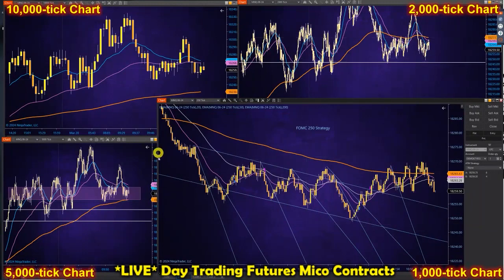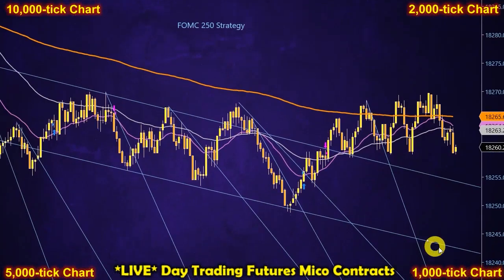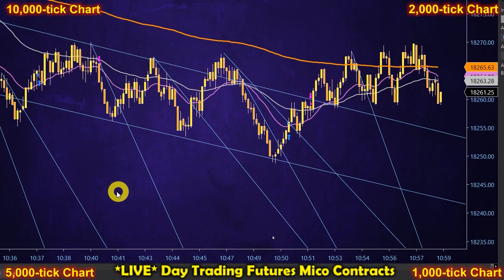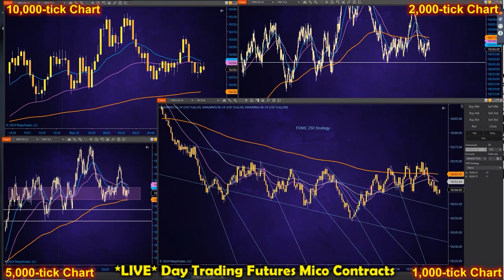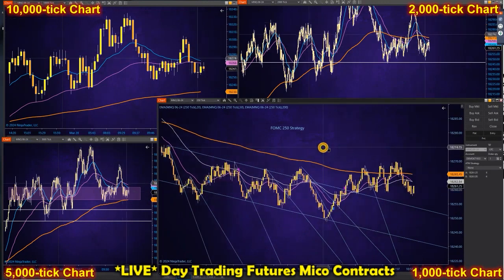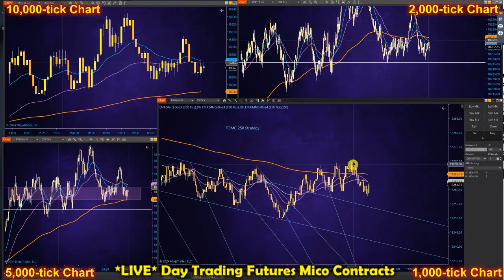Okay, so that's what I've been doing today, and I think it's going to be my strategy for just that particular day. I don't think I want to try to trade this strategy all the time, but on a day when you've got a lot of probability that it's just going to stay in a range, then this strategy is really, really good. For instance, we're going to look for a trade here with this trend line break right here,